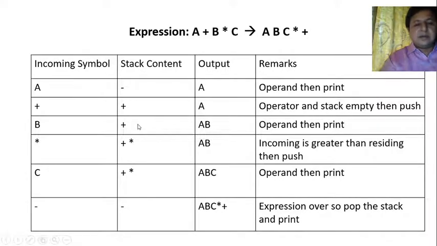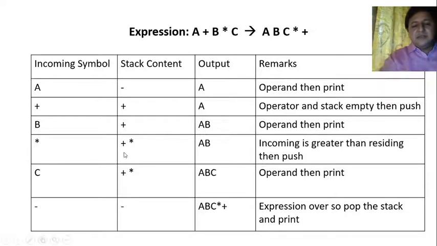You have to look at the previous row. So plus is on the stack, star is coming. See what is happening. Can you see star coming out immediately after b, with plus coming out immediately after? No. That means we have to push star onto the stack. And that generates a rule: if the incoming operator, which was star, is greater than the residing operator, residing being the one at the top of the stack, which is plus, if incoming is greater than residing, then push the incoming. So currently in 2 cases we are pushing the incoming. If the stack is empty, then we push the incoming, or else if incoming is greater, then also we push the incoming.